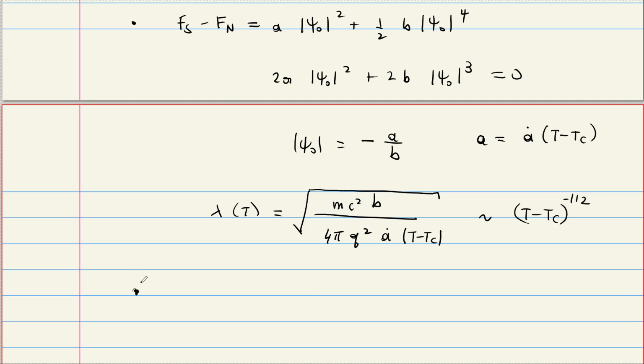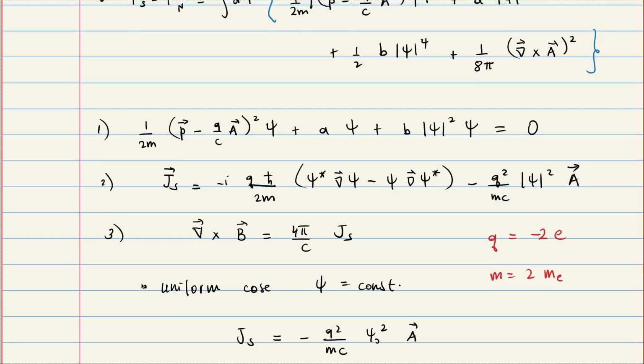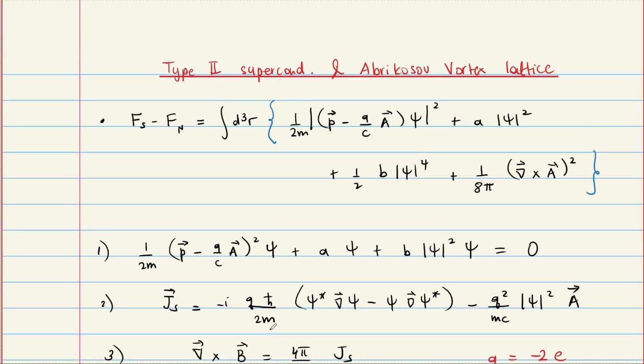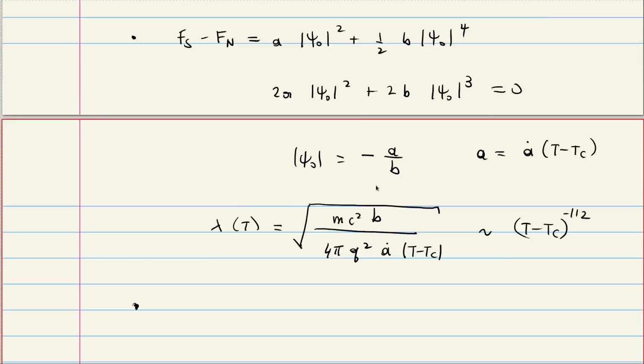And a second scale was obtained from neglecting the magnetic field. So far we were trying to understand how magnetic field enters the superconductor. We can also say there's no magnetic field, and let's look at this equation for the order parameter. And from here what we found was